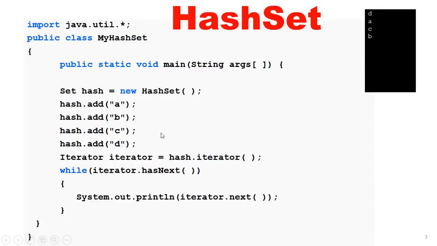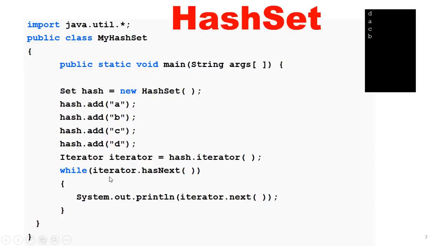Because a set never gives a guarantee of sequence or order. It extracts or stores elements in random order. That's why it first displays D, and again it goes to the while condition, hasNext, to check whether another element is present in the loop or not. If the next element is present, it will return true, and control will enter its block, and it will print the second element, that is A. And this process will continue as long as the condition does not become false.